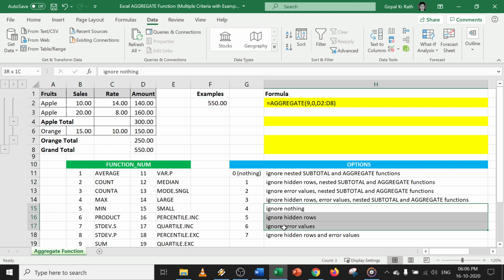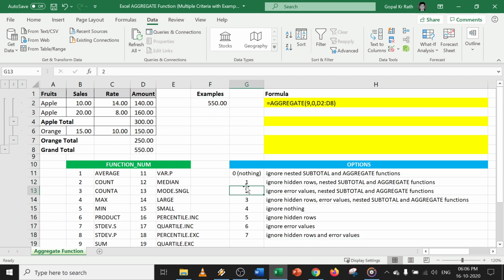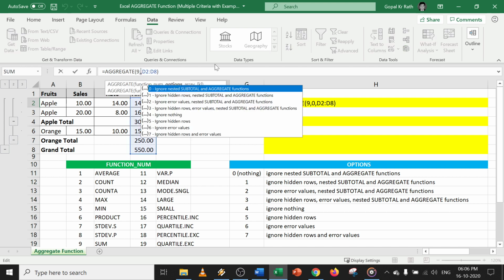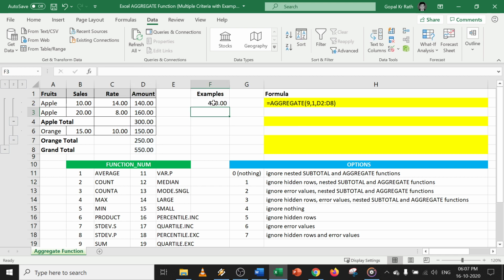Similarly, we discussed ignore hidden rows, ignore error values, and ignore error and hidden rows. You can use the first, second and third. I will give you one example. One row I have hidden, which is 100. Now let's try this. Instead of 0, let's use 1. Now you will get only 450.